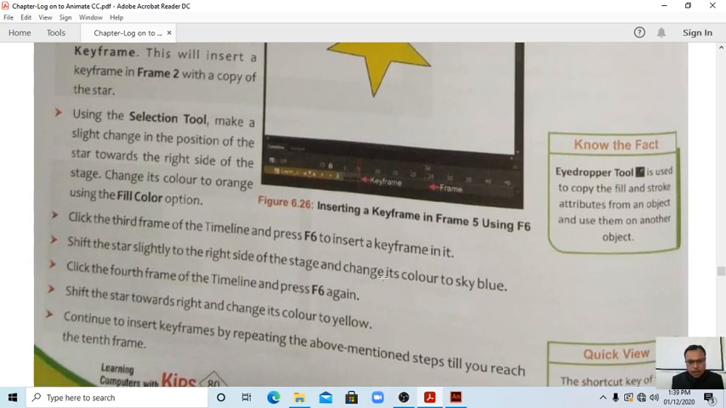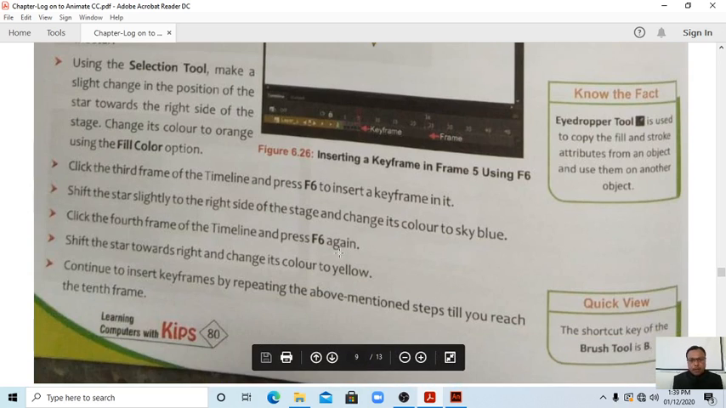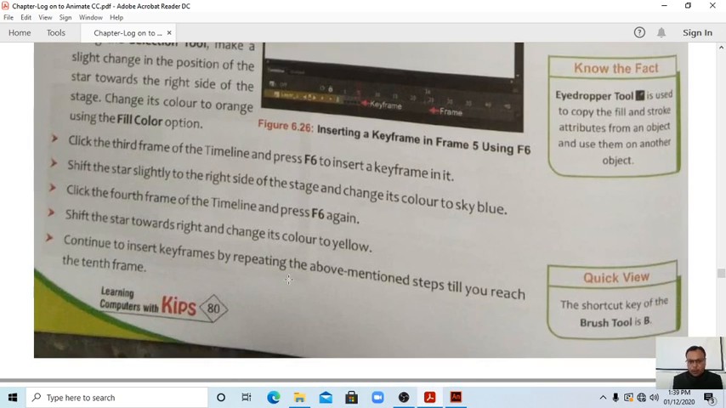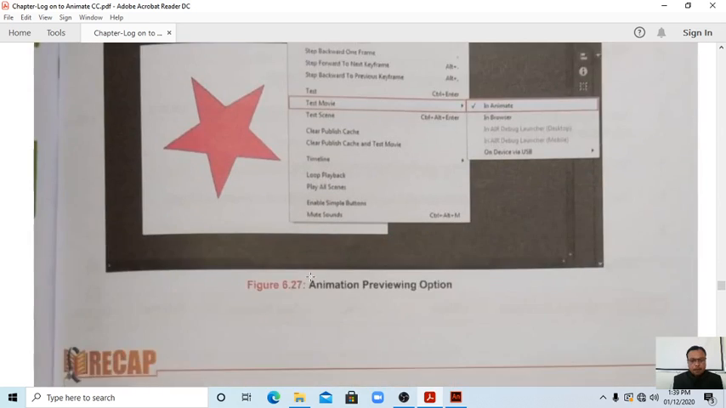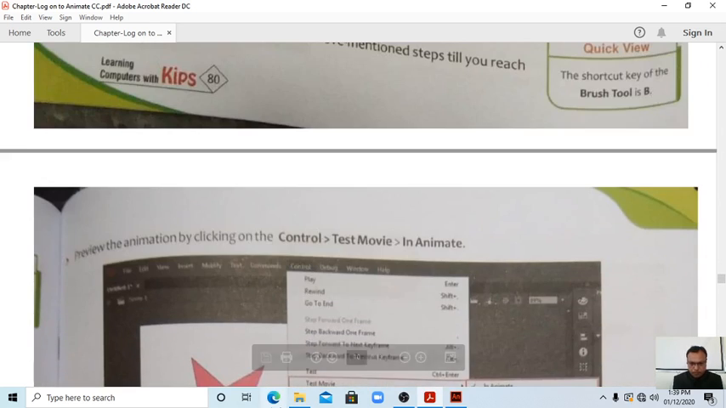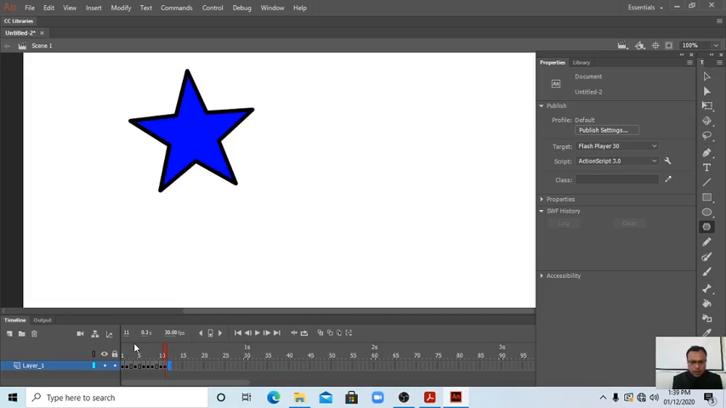Shift the star slightly like this, sky blue, whatever color we can choose. Again, on the timeline press F6, and on the right side change the color to yellow, or whatever we are doing, students. Okay, and this is the last moment I am telling you. Okay, this is 10. Now